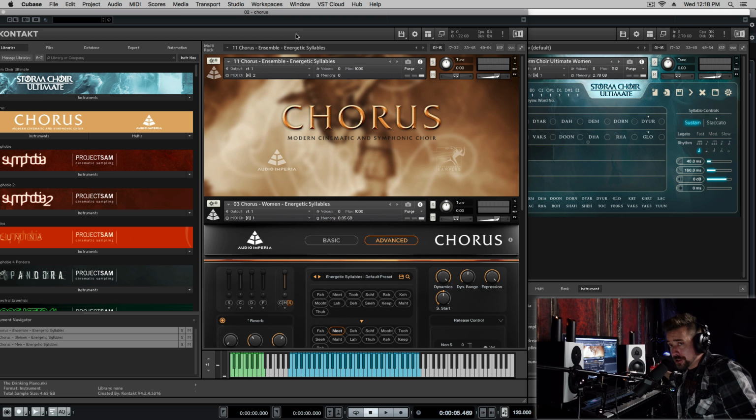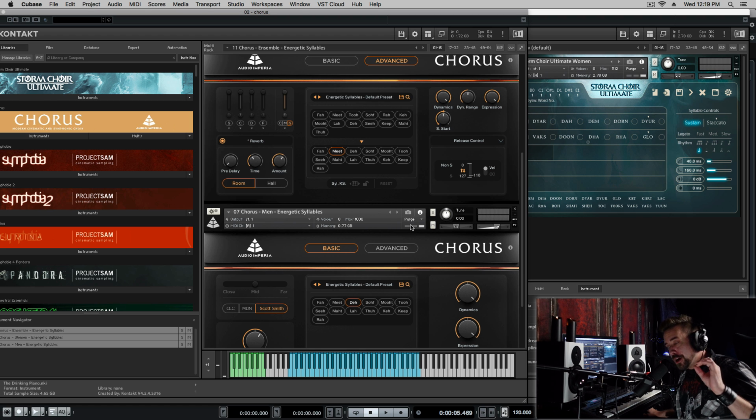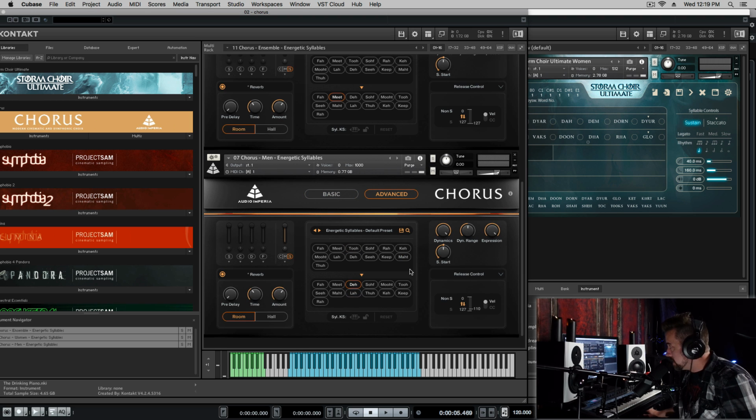But I made that mistake of assuming, and I honestly should have just realized, wait a minute, this is Audio Imperia and Jasper Blanc we're talking about. And sure enough, with these syllable patches I don't even feel like it needs any kind of adjustment, because it just works. One thing that's really cool, and this is somewhat of a mini game changer, is that in Chorus they give you the option to dial out that sound at the end of syllables. So that's dialed all the way out. If I dial it all the way in,